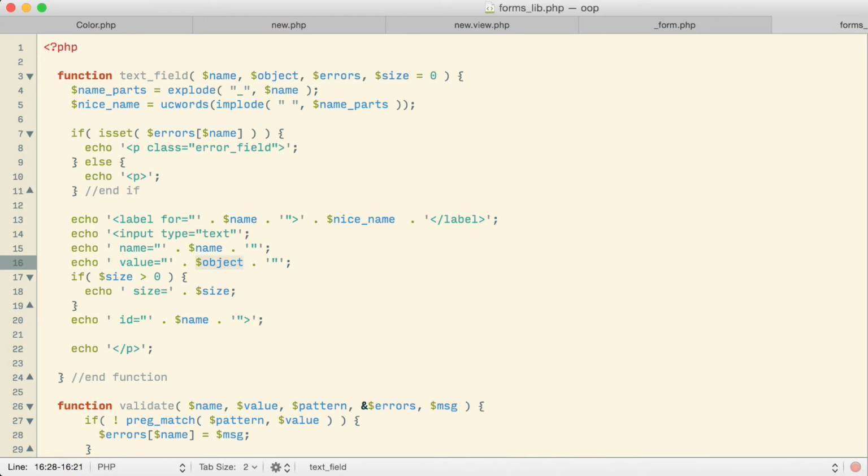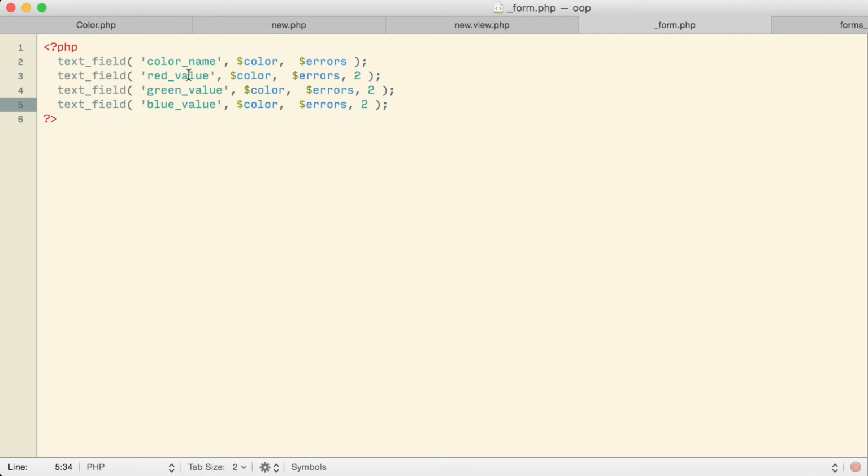Now the object itself isn't a value, it's actually a collection of values. The object that's being passed, the color object, actually has stored inside of it a name, a red value, a green value, a blue value, and I don't want to put all of them here into this text field. This text field is for one individual attribute, and that's the attribute specified by name. So for example, the first text field up here should be representing the color name that's stored inside my color. Of course, I don't call it color name anymore, do I? So I should probably change that to just name.